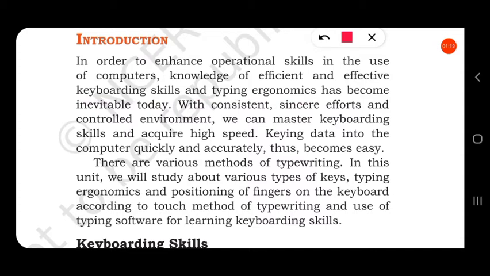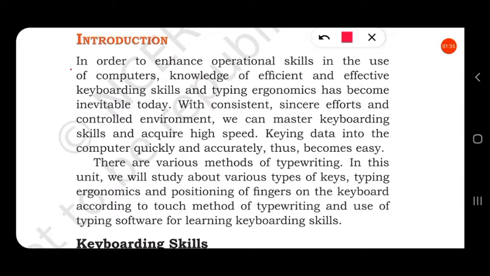With consistent, sincere efforts and controlled environment, we can master keyboarding skills and acquire high speed. Keying data into the computer quickly and accurately thus becomes easy.